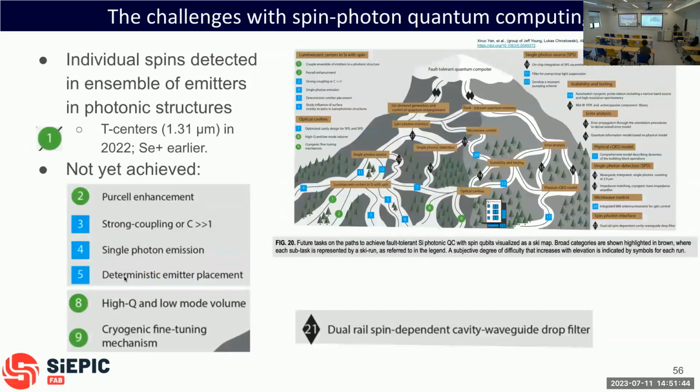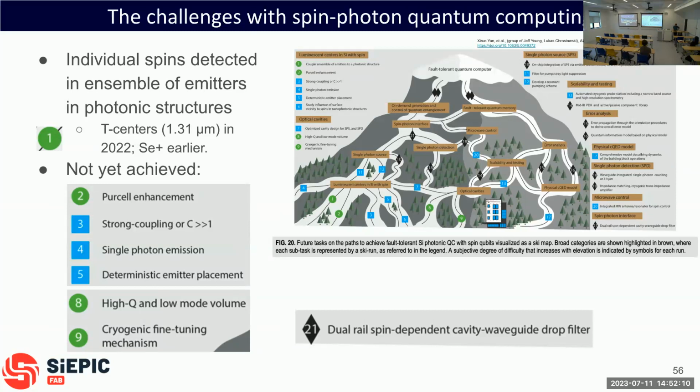And gradually keep an eye on the results from a STEPS group from either the company or the university, and then you can assess where we are on the ski slope to see how we're progressing along. But I'll point out 21 is this dual rail spin dependent cavity waveguide thing where you have two of these coupled together. That's really, really far away from here. So we're hoping to get to 1 qubit, and we're still not at 1 qubit right now, almost 5, 6,